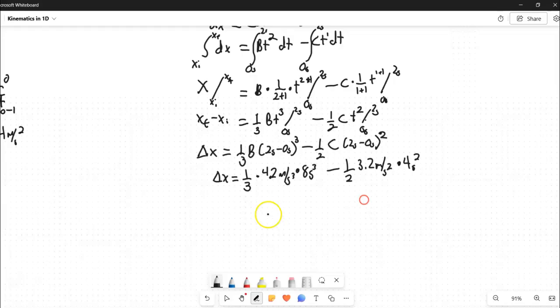The seconds cubed cancel out with seconds cubed, seconds squared cancel out with seconds squared, so we're going to get a delta x equal to